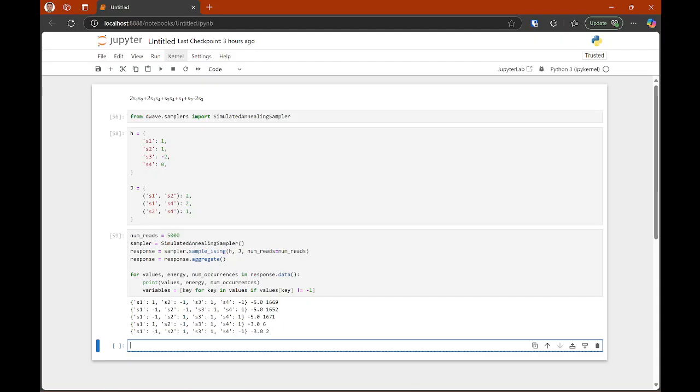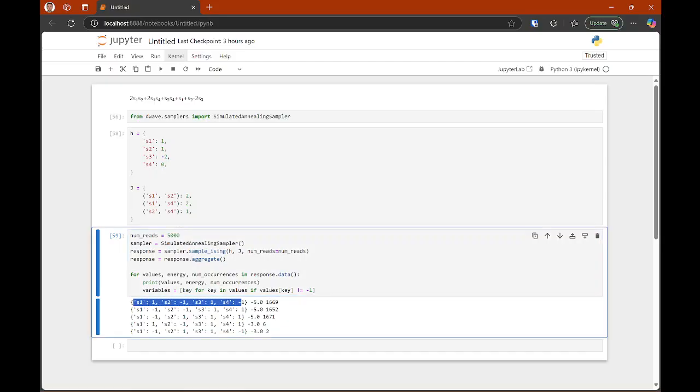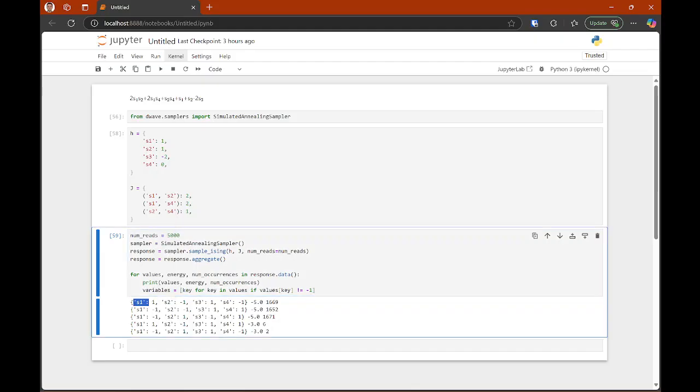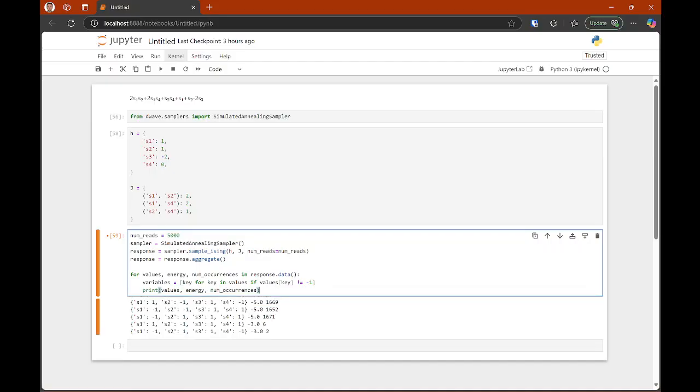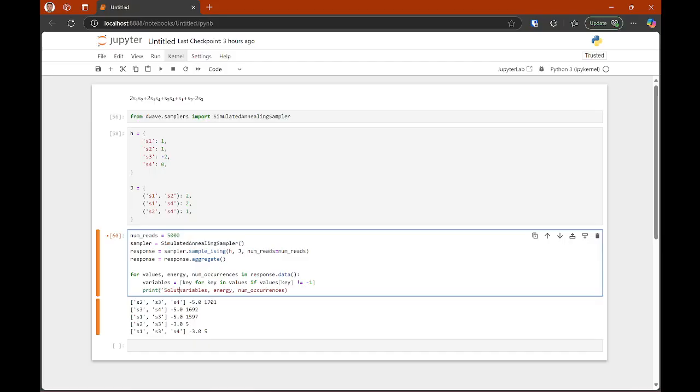There are 3 instances with an energy of -5. We can see the number of occurrences over a total of 5000. And then you can see the actual variables and whether the final value is 1 or -1. We want those that are not -1 because in this specific problem, we want those couriers that should be selected. So I'm going to keep only the ones set to 1, and what I'm going to keep is the variable name, not the value. If I move this here and say print variables, you can see how now I'm keeping only the variable names, the ones that are relevant, and I could even say print solution